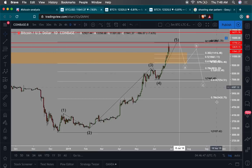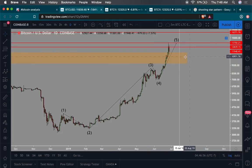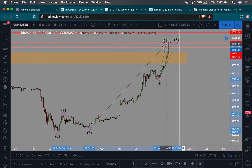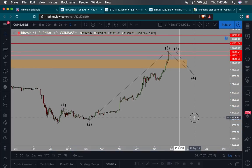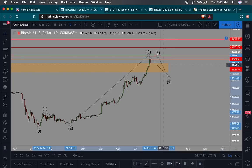All right, is it probable? I'm not sure yet. Okay, I don't think that we are at the finishing wave just yet. I personally think that what we might be in is this 3 wave right here. We might be starting a longer corrective wave structure of wave 4. Okay, and that might end somewhere in, I don't know, middle of July, beginning of August, somewhere over here, because it took about 40 days from wave 1 to wave 2 to correct, and typically wave 4 is about the same time. Doesn't mean it has to be exact, but even 20 days of correction or so for wave 4